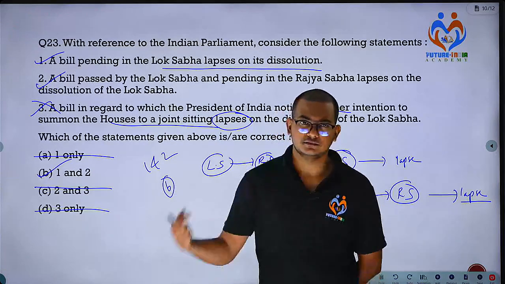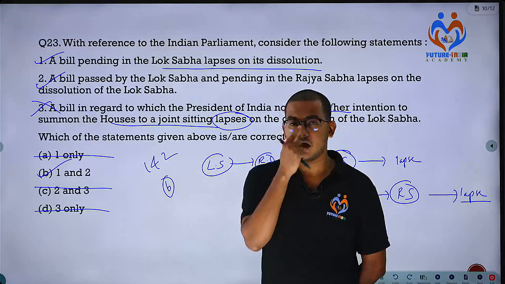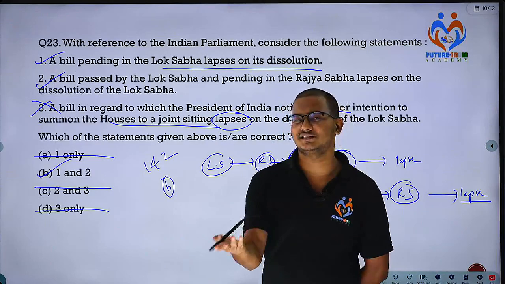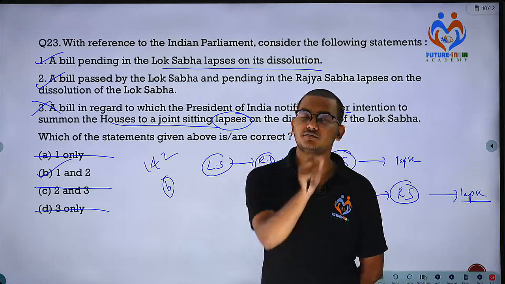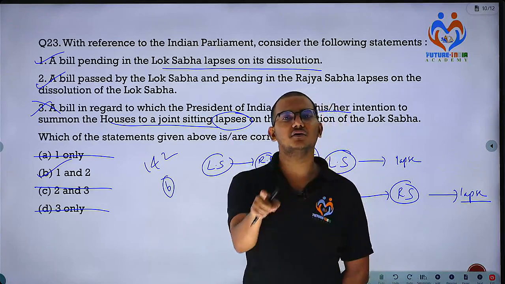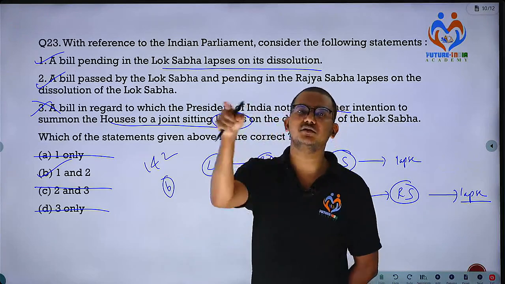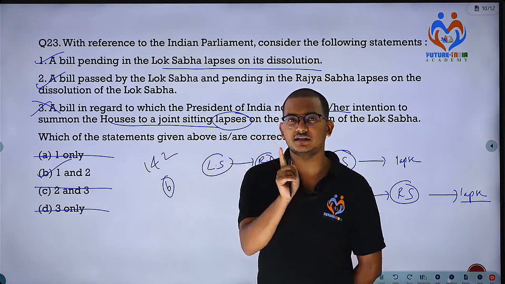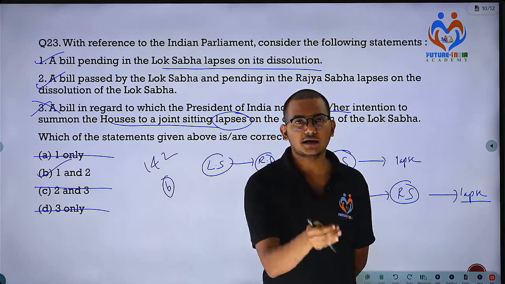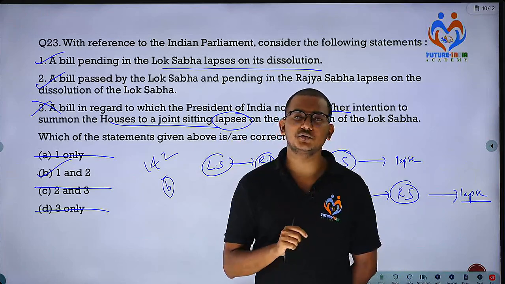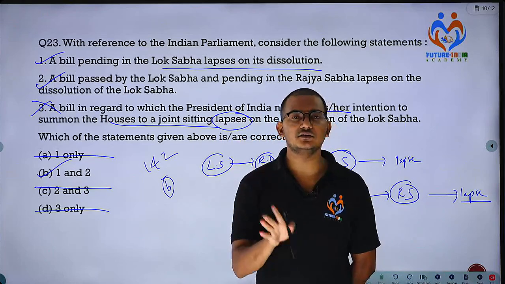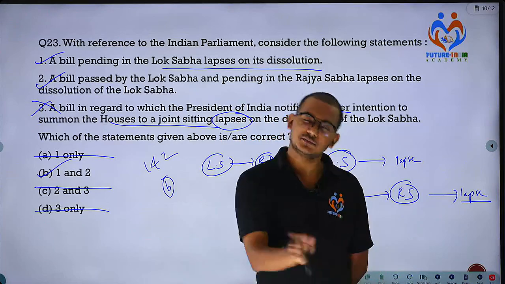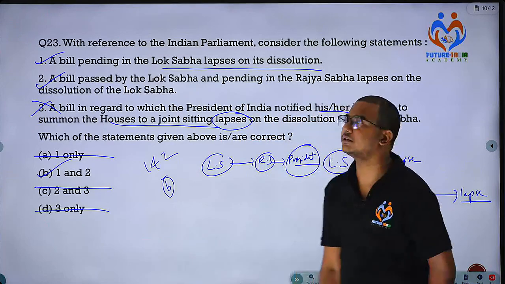The second case is when the 5-year term is completed, the House is automatically dissolved, but this will be followed by formal aid and advice of the Council of Ministers to the President, and the President will formally dissolve the House. But in one case, the President has discretionary powers. When no party in the House is proving their majority, then the President can use the discretionary power and dissolve it. This is an exceptional case, but generally the President will follow the aid and advice of